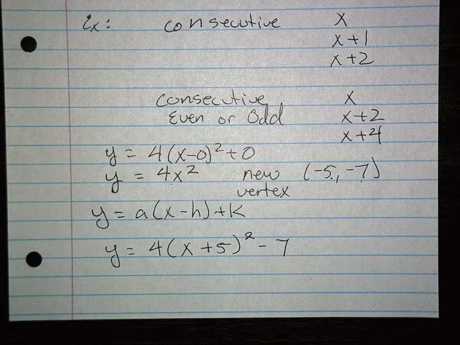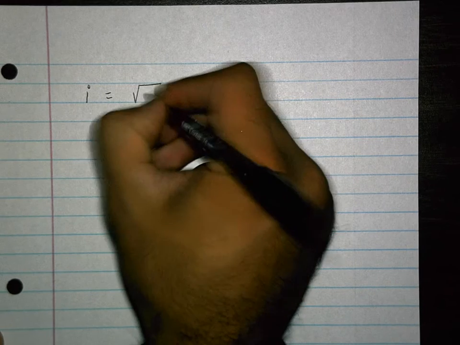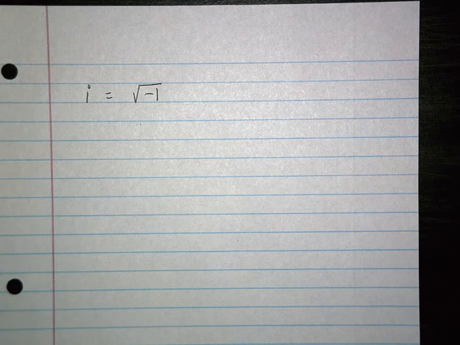Alright, and then the last one we'll look at is some stuff from Chapter 5. Chapter 5 was our unit on complex numbers or imaginary numbers. Remember that i is always equal to the square root of -1. And so we had different types of questions we had to do here with roots and conjugates. So to do a few examples here,